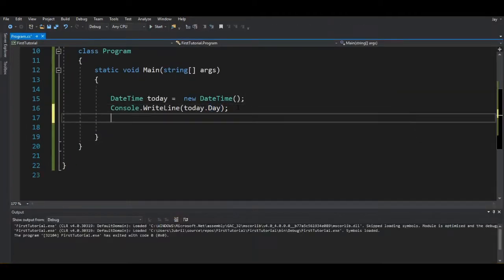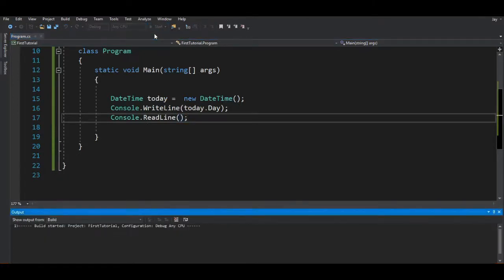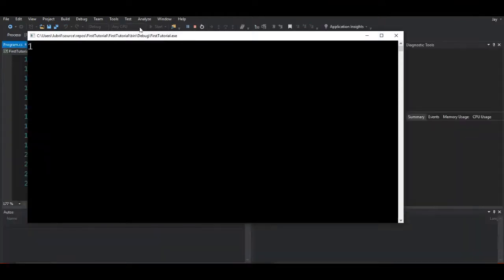Oh, sorry, Console.ReadLine. So you see that's why you always have to make it readable by putting a Console.ReadLine. Otherwise it just pops up the dialog and it goes off again. So today.Day, it says 1. Okay,